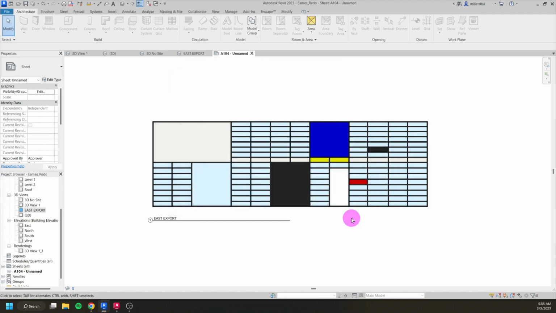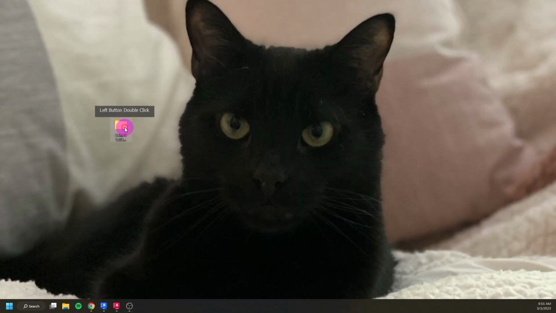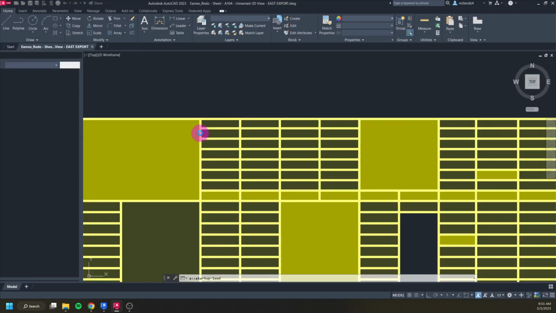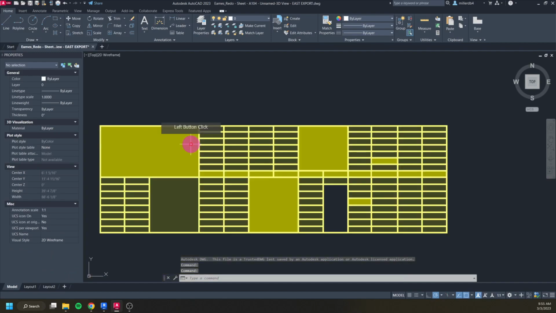Depending on how complicated your wall is or how much is going on in your view, this export might take a while. It may have quite a lot of line work that it's going to be exporting. But, hi Millhouse. We'll go into here, and then here's my Eames export folder, and we can see that just from this one wall alone, it made, I can't count, 3 different views, and I am 95% sure this is the one I want, but I could be wrong. So I'm going to double click on it to open it up, and yes, this is the view that I wanted to work with,